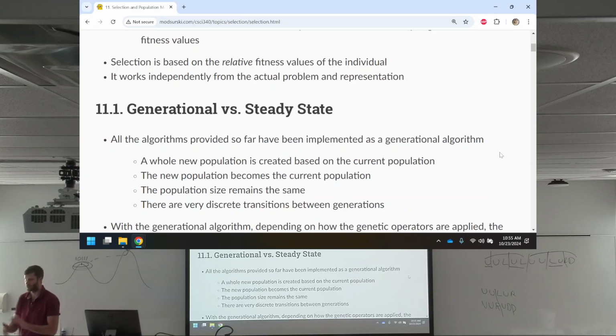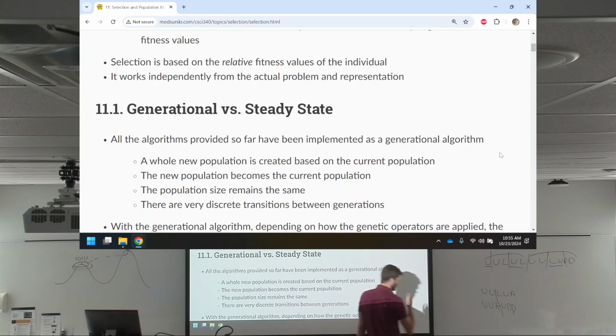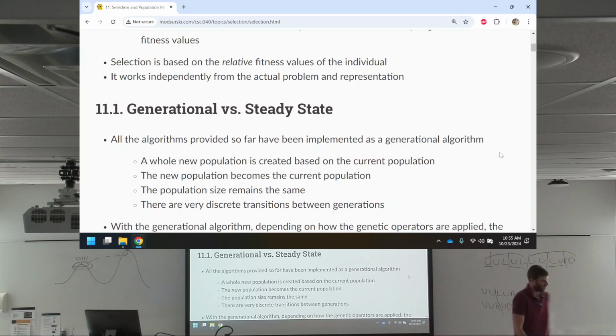Generational versus steady state. So here's the first thing. We talked about this a little bit before, but I'll say it again. There's two major paradigms for doing a genetic algorithm. There's generational, which is what I like to do, which I recommend. I think it's simpler, but it's not necessarily better. Where you just say, okay, every generation I replace the whole population with selection, right? Whereas the steady state, what you do is,